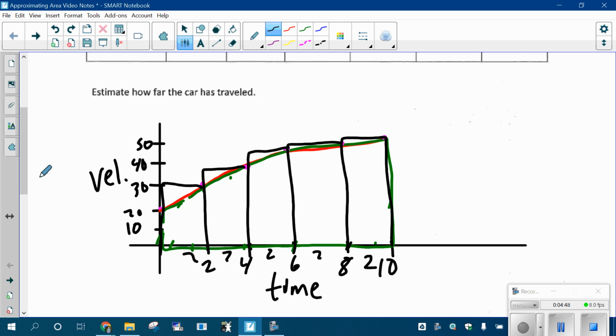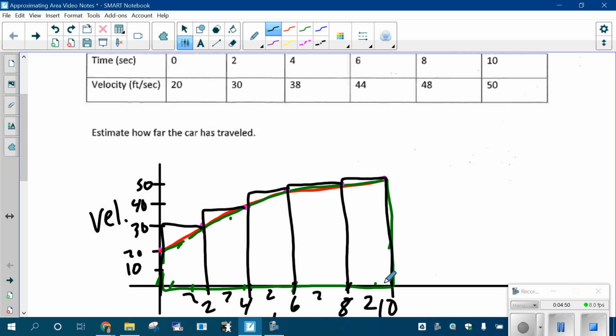How tall would they be? Well, I'm going to use my table to help me here. This one would be 50 tall. This one would be 48 tall. This one would be 44, this one would be 38, and this one would be 30 tall. So the area of this one would be